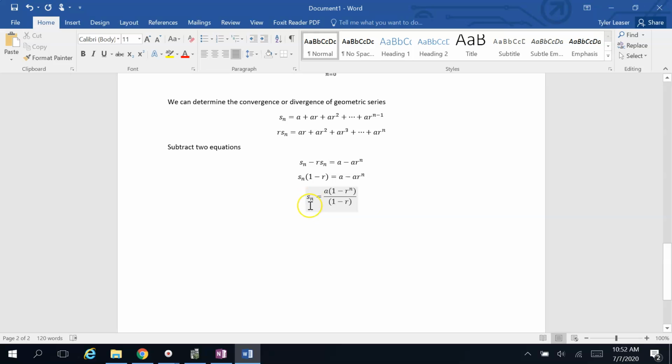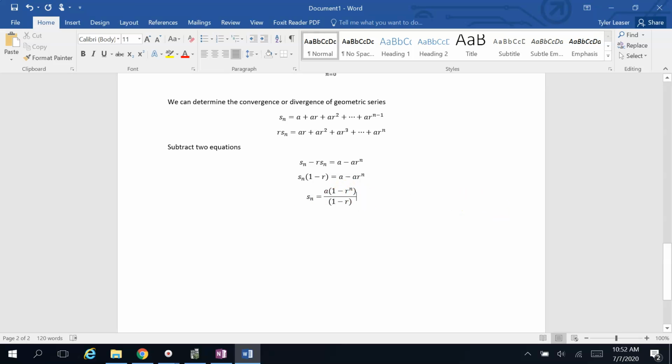So this represents the partial sum. This is just adding up the first n terms. Let's think about, when does this partial sum converge or diverge as a sequence? The only thing we have to worry about is this one exponent of n. If this makes it blow up to infinity, then of course it diverges. If it doesn't blow up to infinity and it converges to a limit, then of course the whole sequence is